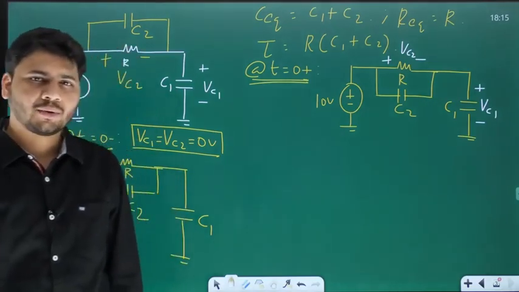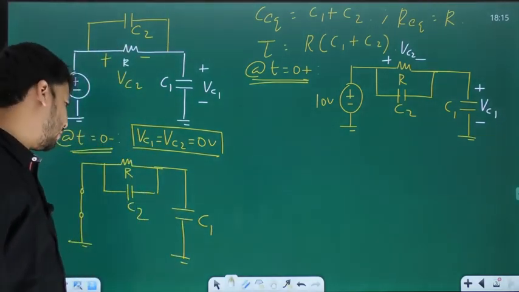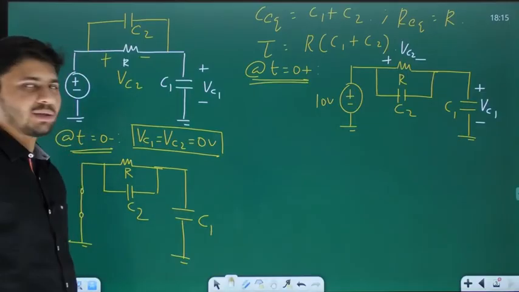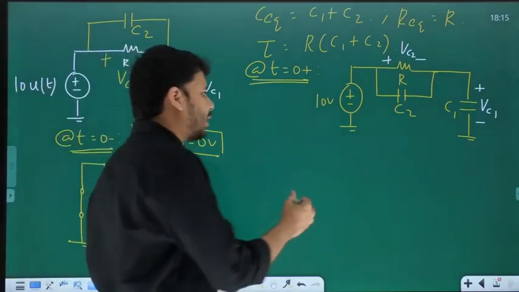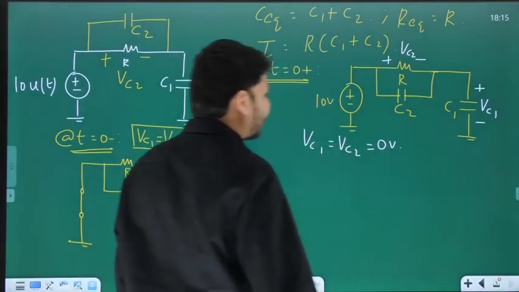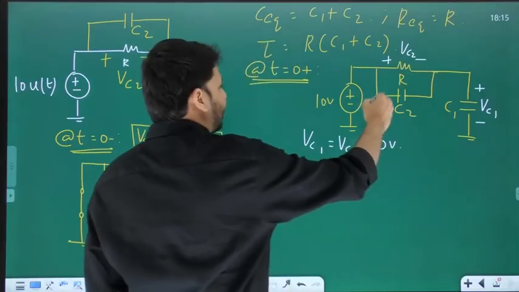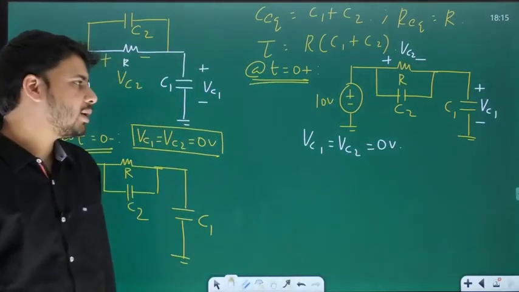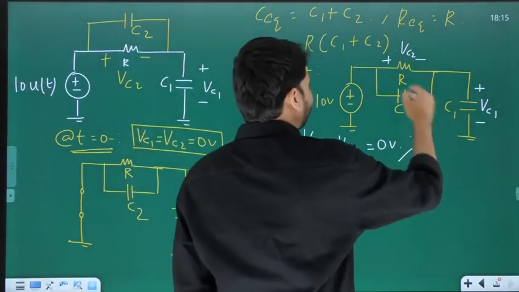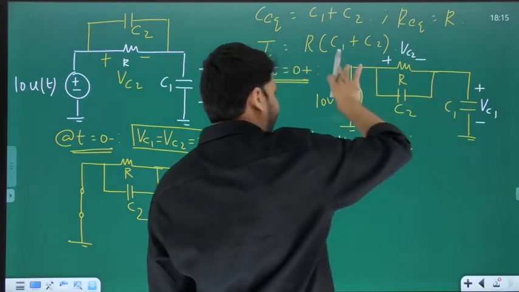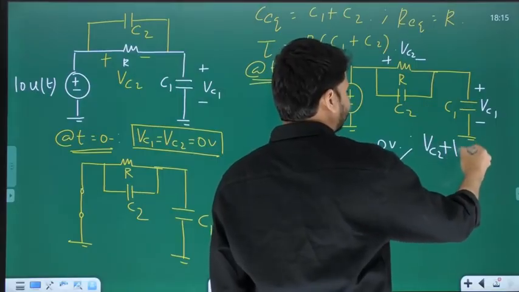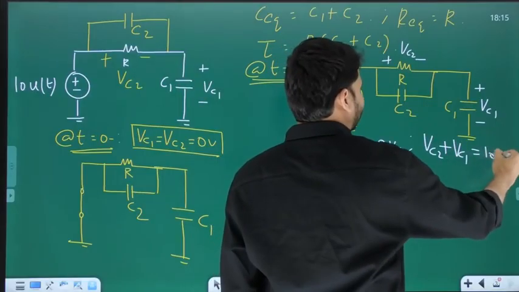Now, usually what we tend to do is this: the values of VC1 and VC2, because both are voltage drops across capacitors, will be the same at 0 minus as well as 0 plus. So if we try to do the same thing, VC1 equal to VC2 equal to 0. And by the way, I am not having a loop here. Now for this loop, we can always write KVL. Of course, KVL will have to be satisfied. Now when you write KVL around the loop, you will get this voltage drop plus this voltage drop equal to this voltage drop. I mean the KVL equation, VC2 plus VC1 equal to